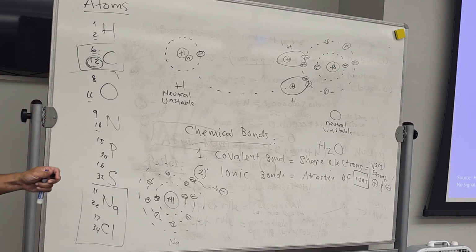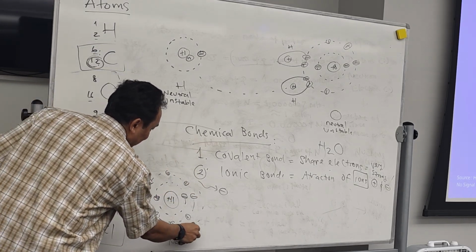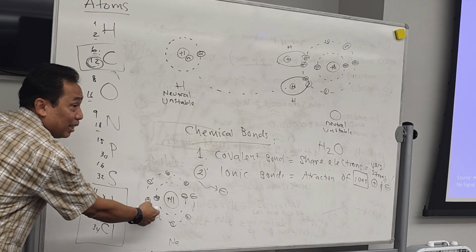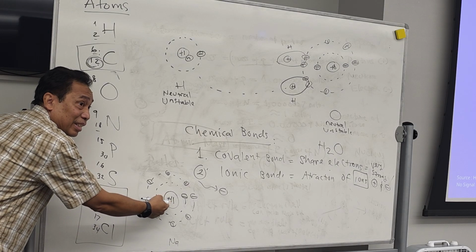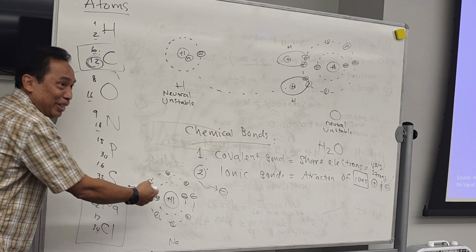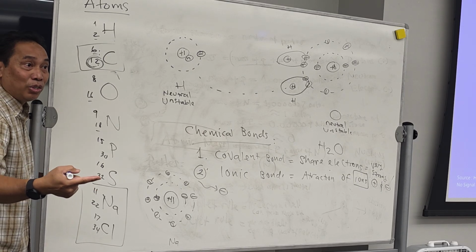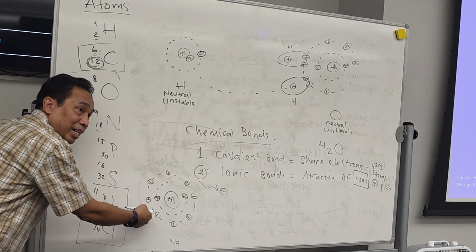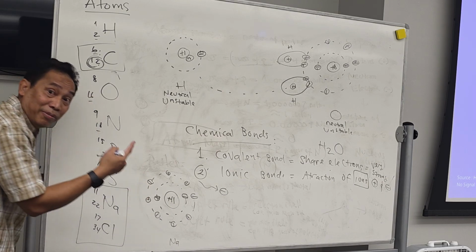Are you with me? What happens if this atom kicks its electron out? Boom, it's gone. You follow this? So how many electrons does it have now? 10. 10 negative, and how many positive? 11, still 11. You don't kick off the positive. It's in the nucleus, but you kick off the negative, right? It loses one negative. Now does it become charged or still neutral? Charged. What is the charge going to be?